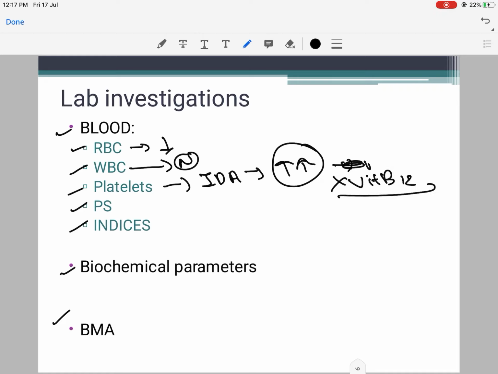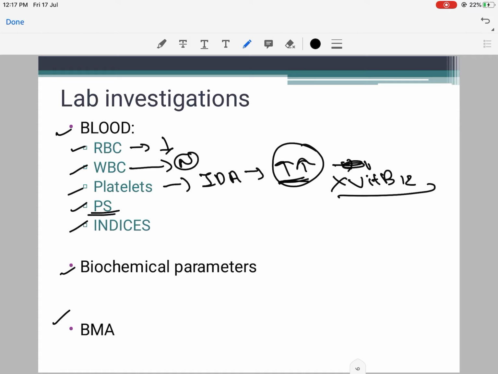In vitamin B12 deficiency, in contrast, you can get pancytopenia, which is common. But for an increase in platelet counts, there are very few causes of thrombocytosis, apart from malignancies. The important treatable cause of thrombocytosis is iron deficiency anemia. So in a blood report, if you find thrombocytosis, a possible cause could be iron deficiency anemia.